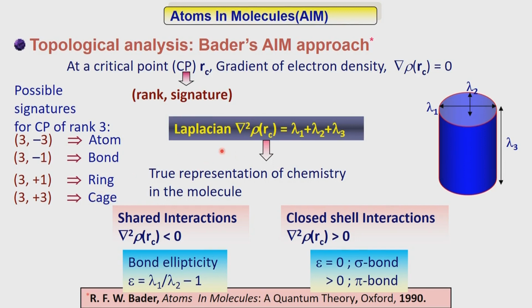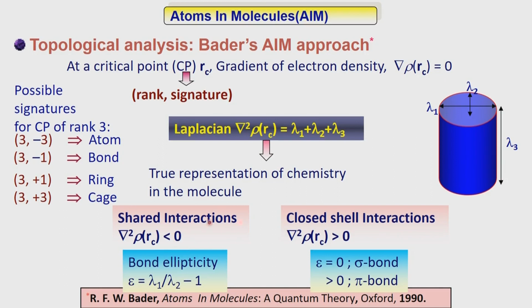Effectively, we are now trying to see what is the chemistry in this bonding, rather than look at the straight line distance between atoms and so on, which is important, to find out how accurately we can determine those straight line distances. But what is important is now to see the electron density and how the electron density is distributed between these two bonds. So, whenever this value of del square rho c, which is called the Laplacian, is less than 0,